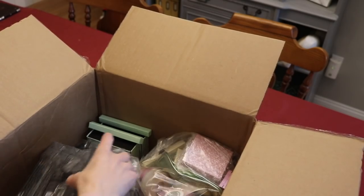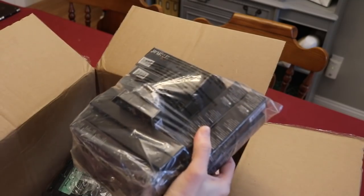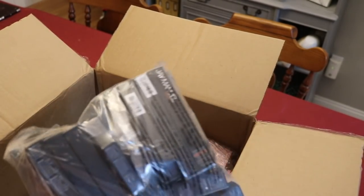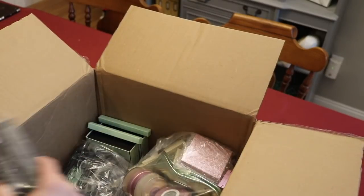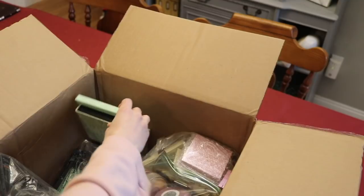And then J. Manuel Beauty. I've not heard much about this brand, but it looks like they package things together by brand. So it seems like everything in here is from J. Manuel Beauty, and then this looks like a Mally lot over here, and some more Mally products. Okay,